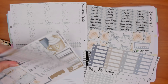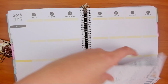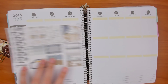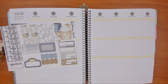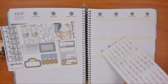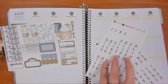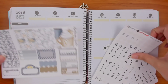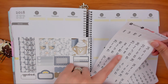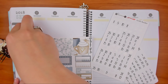So the Q&A thing, I didn't really mean to start, but oh, I don't know if I grabbed date dots. In fact, I'm pretty sure I didn't because I just realized I need those. Oh yeah, it's Brittania's kit, I need date dots. Whoops. Okay, are there any in this planner? Yes, there's some, and then there's some, so we'll see. I use the ones from Planner Love SP. I think Brittania makes her own now too, but I already had these, so that's what I was going to use. So 17, and apparently I'm missing 18. Whatever, we'll just grab the numbers we need as we go. So 17,